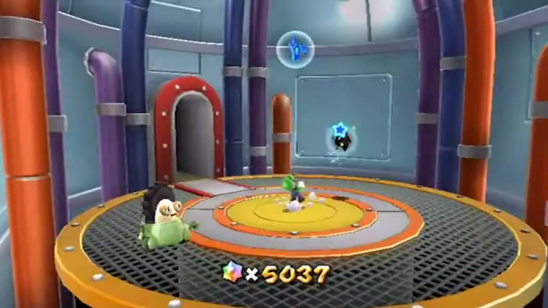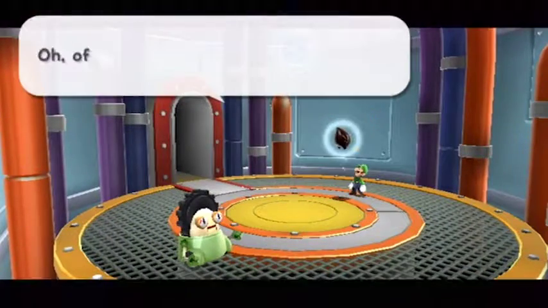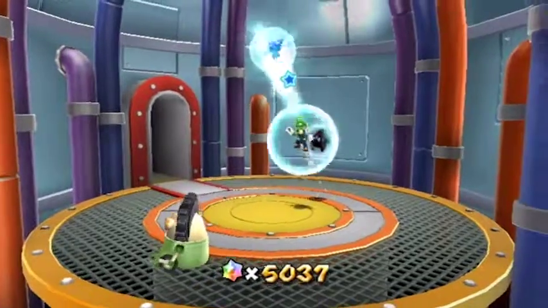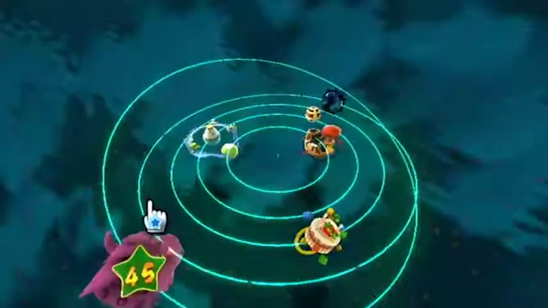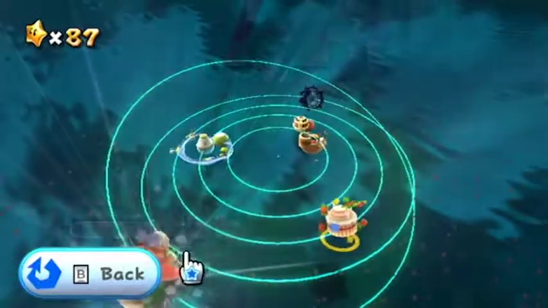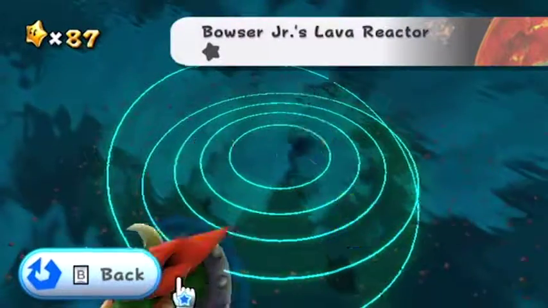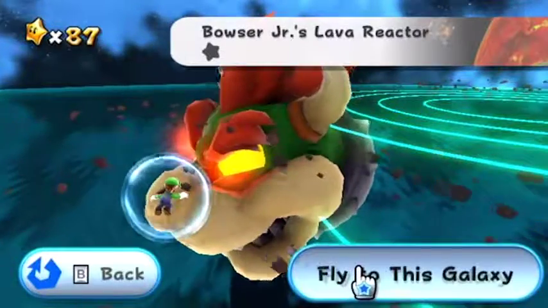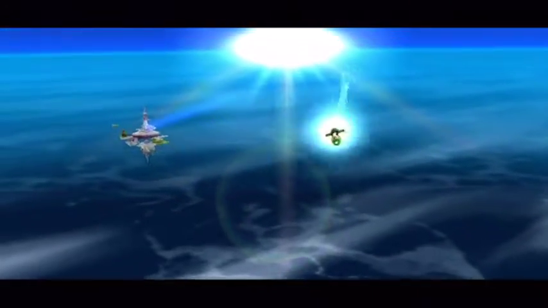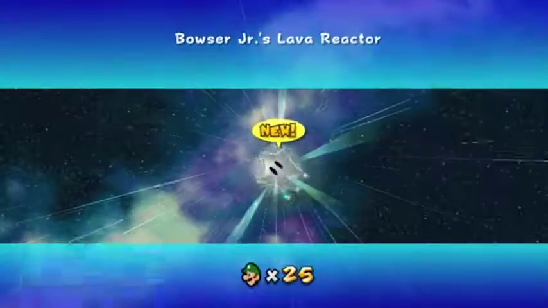I want to check out Polari first, see if any other purple comet has spawned. Surprisingly not. Alright then. Well, in that case, working ahead to this next Bowser base. This is not what I was expecting to do today. But we'll be heading into Bowser Jr.'s Lava Reactor. So I guess we'll just do this in the meantime, while I'm still waiting for the next of those purple